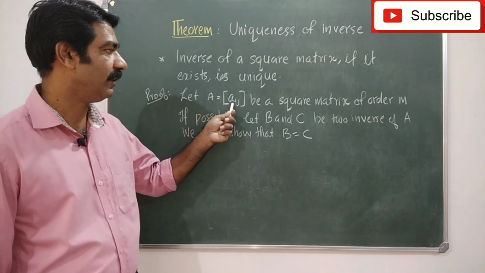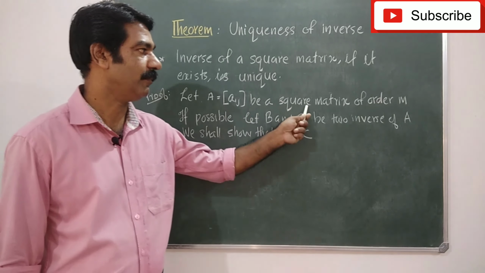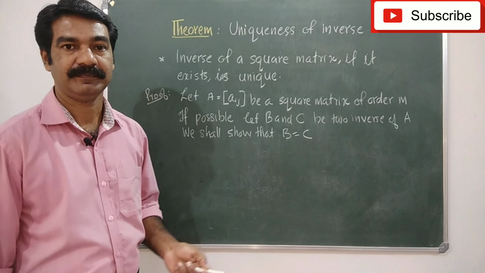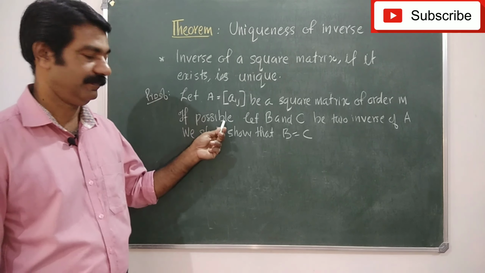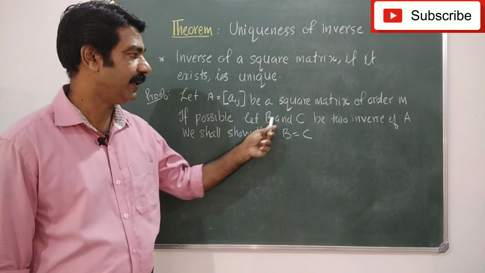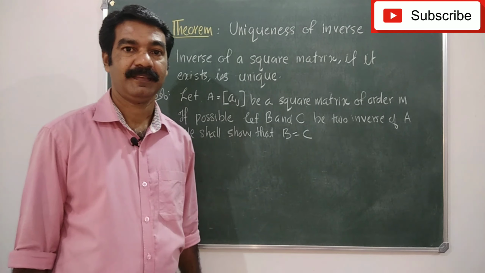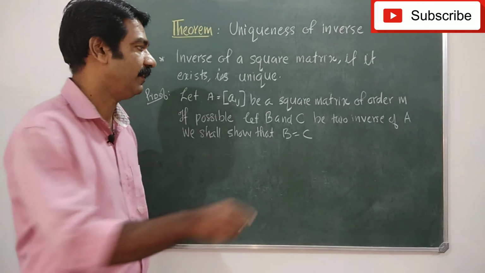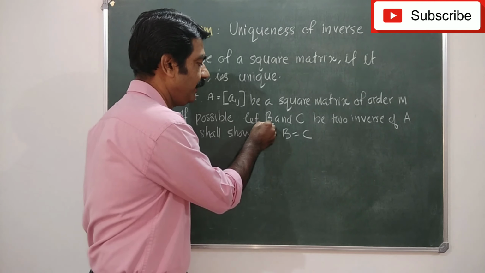So, the proof. Let A equal Aij be a square matrix of order M. We suppose that A is a square matrix. And if possible, let B and C be two inverses. What do we have to prove? We have to prove that there is only one inverse. We suppose that, if possible, B and C are